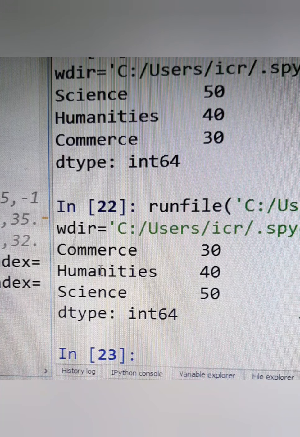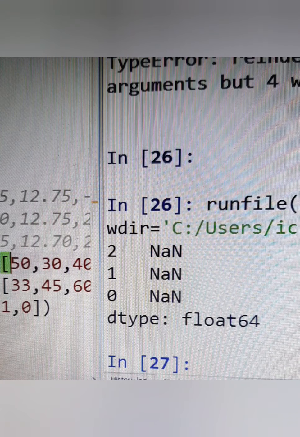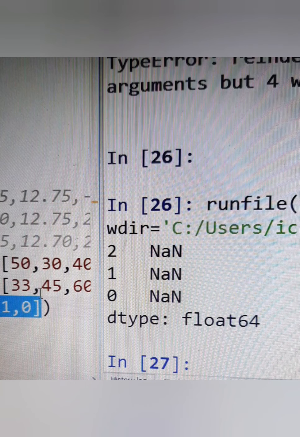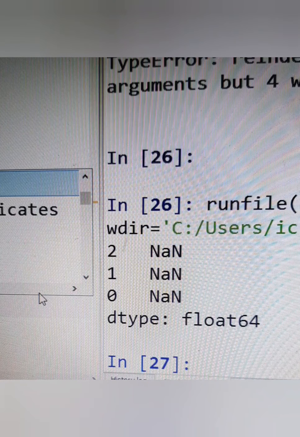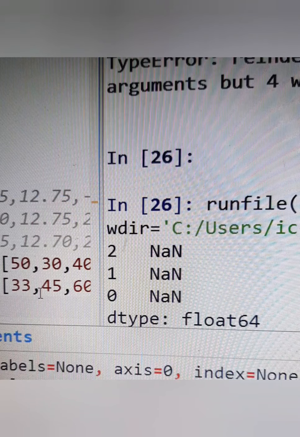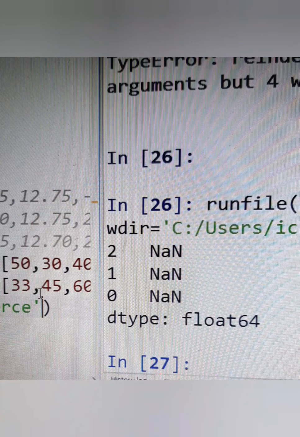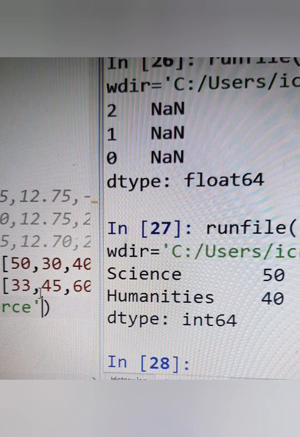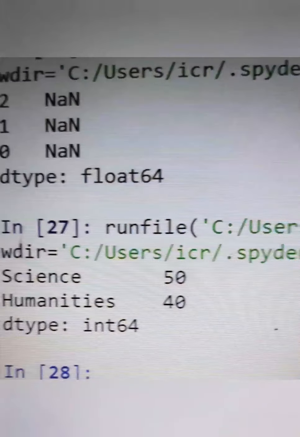And some of the important operations that are left in this section are reindex and drop. To drop out one of the indexes from your Pandas series, I can write C11.drop, and if I write here commerce, so commerce along with its value has been removed.